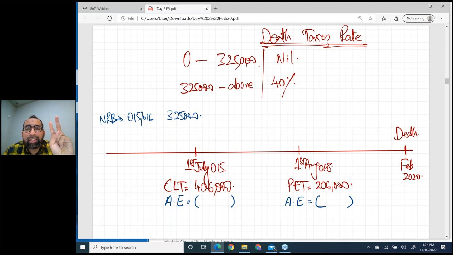Number two, if any CLT is done within the last 7 years of death, then you have to calculate additional IHT on CLT at the time of death. And the third and the last thing, and the most important, IHT on death estate. So these three are the death taxes: PAT, additional IHT on CLT, and IHT on death estate, right? Okay, now